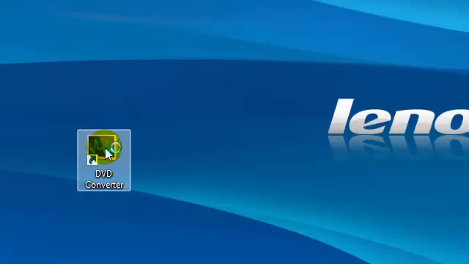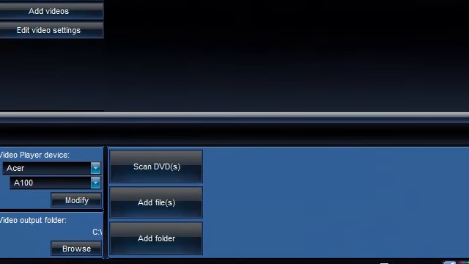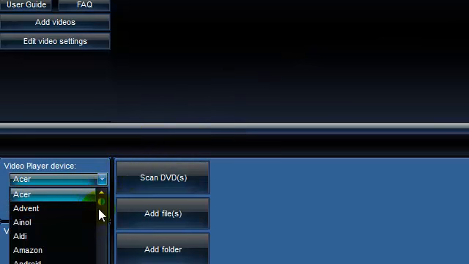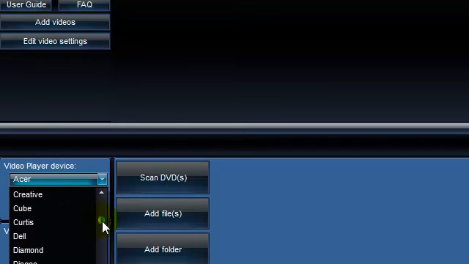The icon may look a little bit different from this, but we start up the software after it's been installed, and we select a device. In this case it's an iPad. You'll see there's lots of devices you can convert the files for, but we're going to set it up for